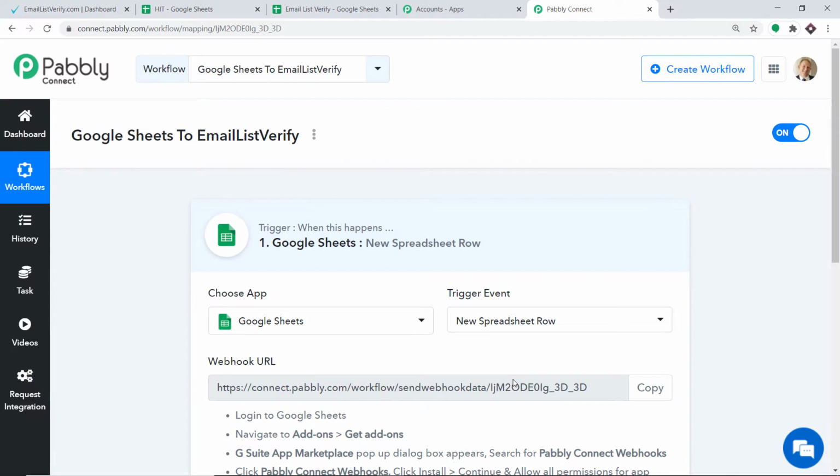So your obvious question is, what is a trigger event? A trigger is basically an if statement. It asks a question: if the condition is met, what should be done? For example, if a new spreadsheet row is updated or created, then what action should be taken by the system? At present, there is only one trigger, that is new spreadsheet row. In case you want more triggers of your choice, you can make a request to our team at admin@pabbly.com for the specific trigger that you want to build.